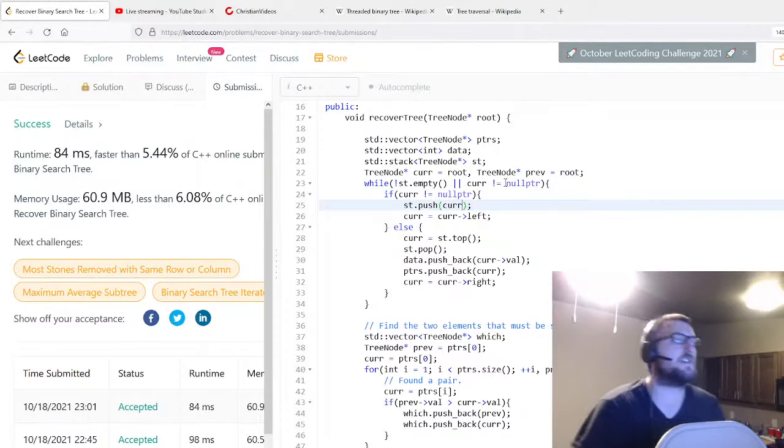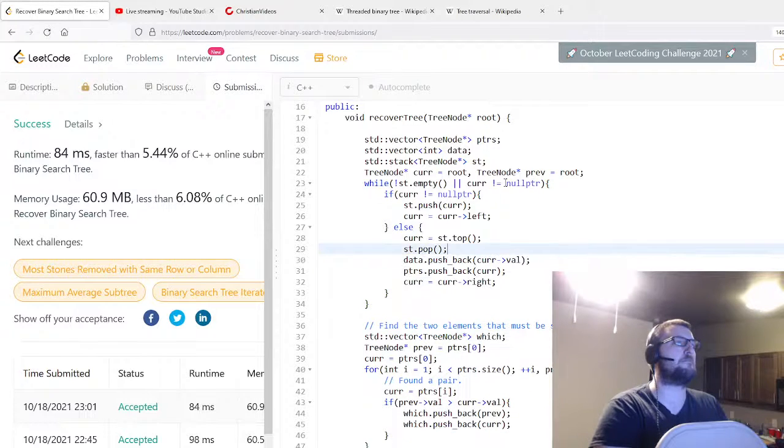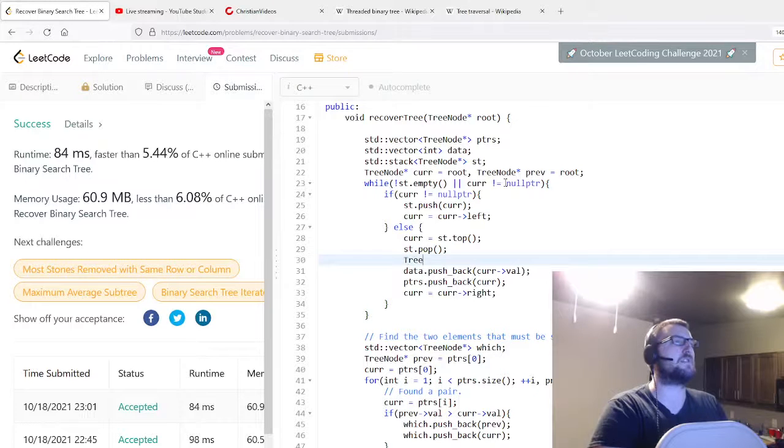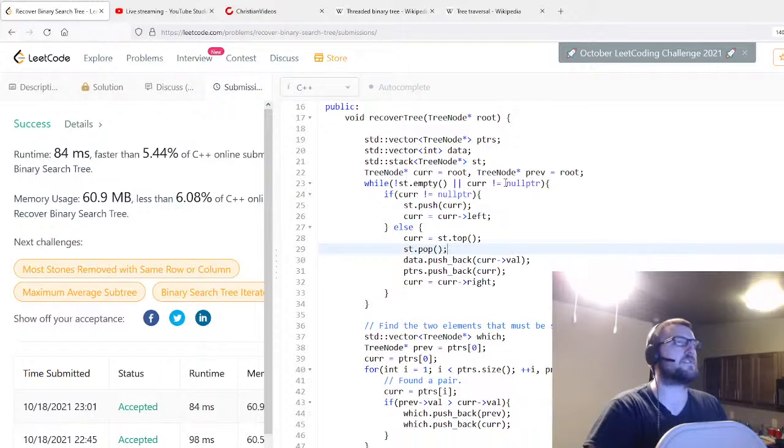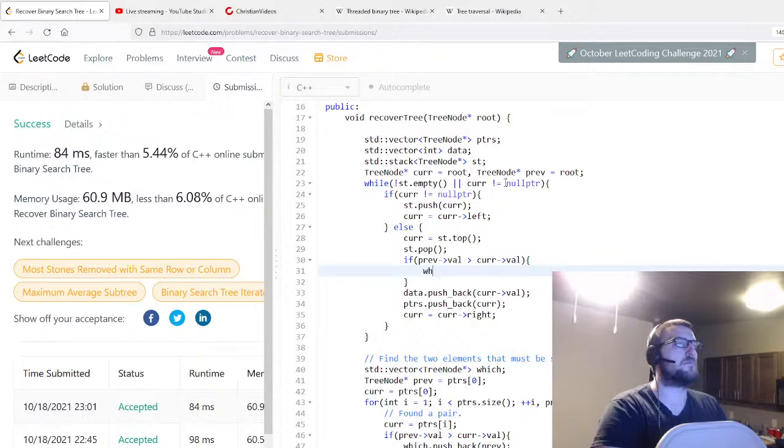And when we process, we're not going to data push back. We're going to say current is then, or not current, but we'll call it like tree node x, which actually really is just current. So we would say if previous value is greater than the current value, then we would,